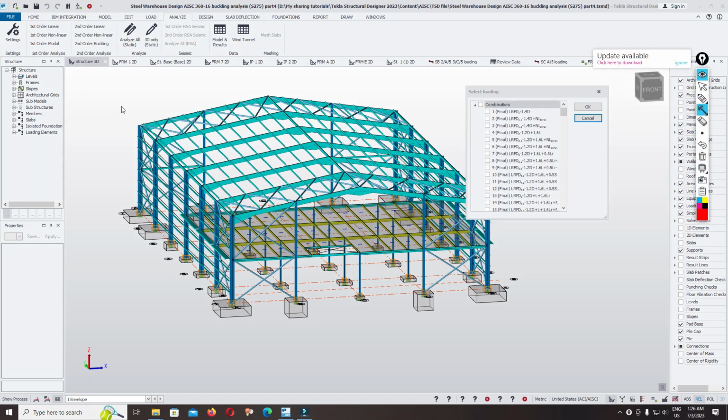I suggest you use a load combination containing the gravity load, second use the combination with the lateral load in direction 1, and third a combination including lateral load in direction 2. Yeah, the gravity load, lateral load in direction 1 and lateral load in direction 2. You find which one is the maximum load combination, and selecting these 3 load combinations is enough to calculate the second order buckling. Do not select all. Okay, now I use this load combination,